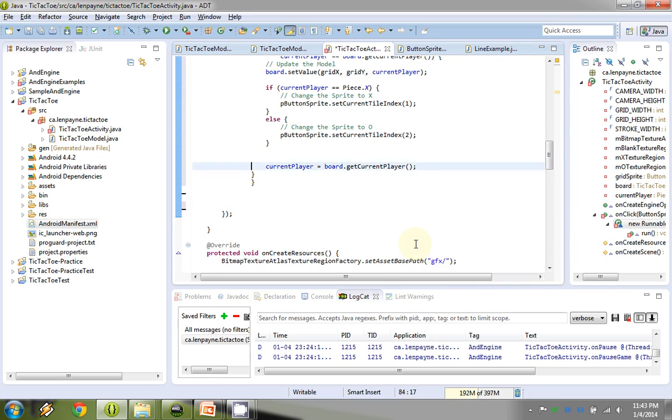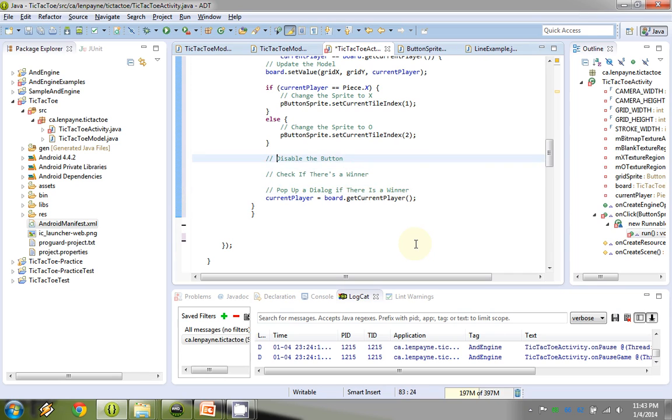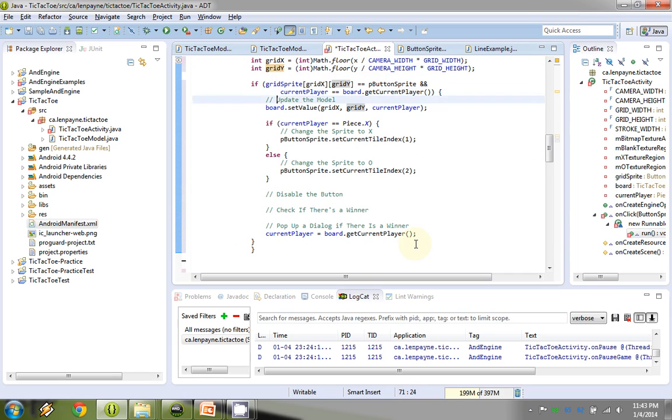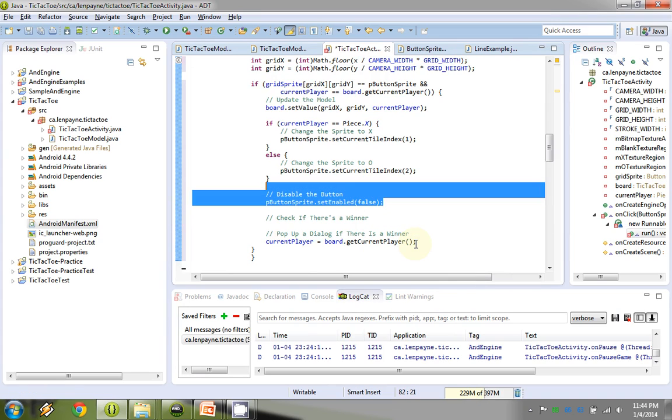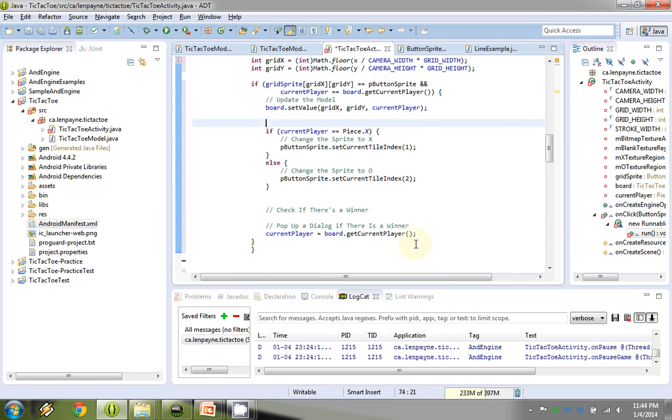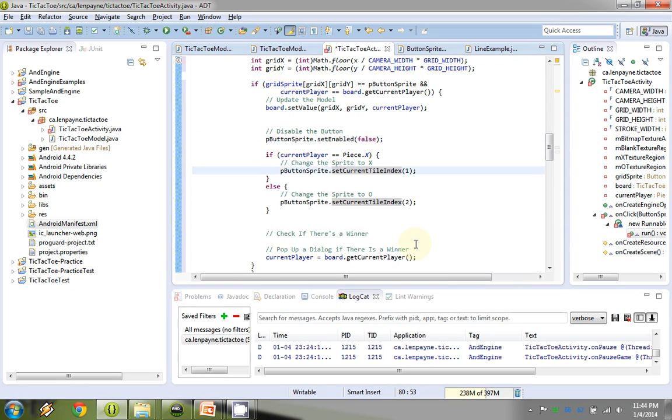All this stuff should be happening in here. So we've updated the model and changed the display. Now we need to disable the button. This actually has to happen before we change the current tile index, because if we do it after, then it will change automatically to the disabled version. Okay. Now,